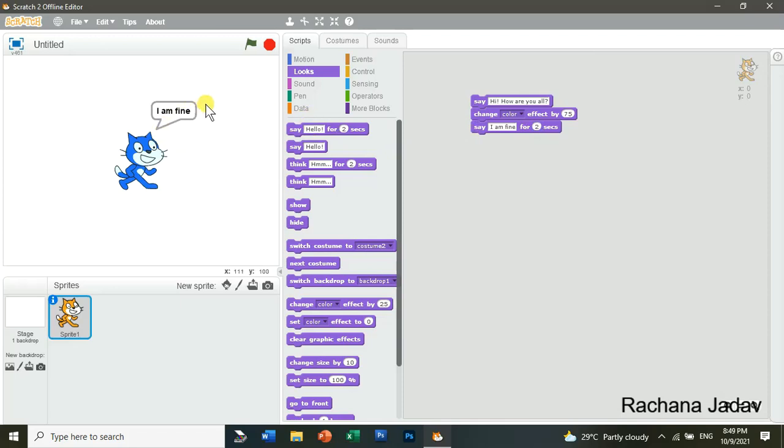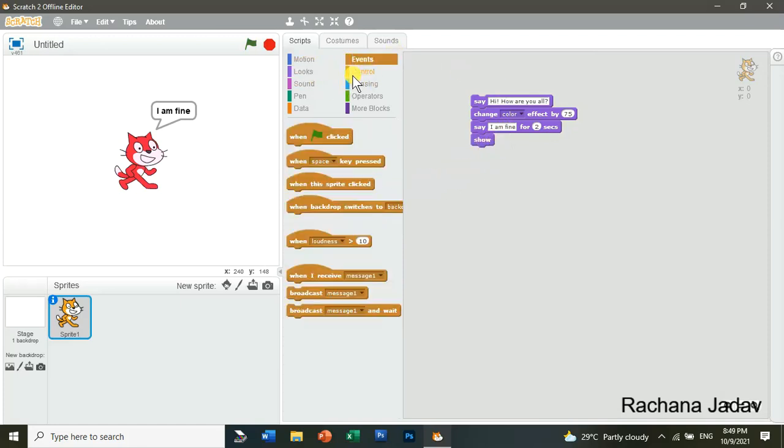Okay. Then we have many other blocks over there like hide and show. If you want to hide it तो आप hide भी कर सकते हो, right? तो आप जैसे ही hide पे click करेंगे, right? So hide and show that you can do. Okay. So here I'll just click on the event and we will start.